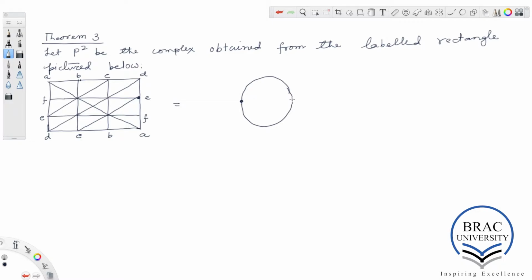In this way, this point is identified with this point, this point with the diametrically opposite point located here, and so on. This is the two disc,